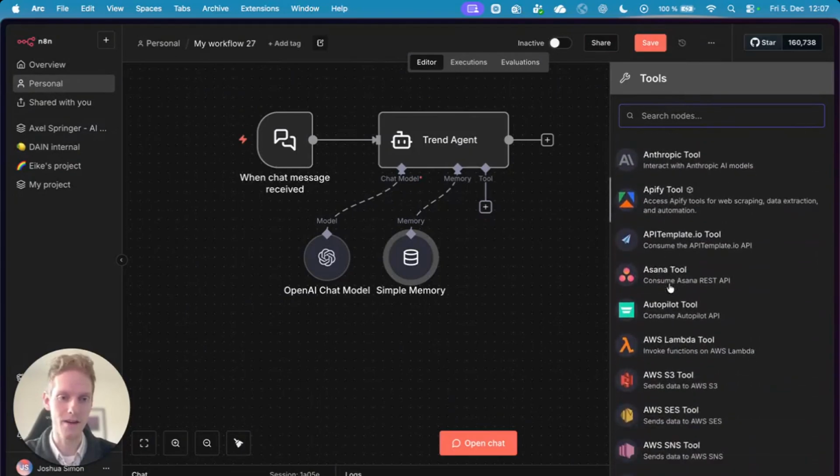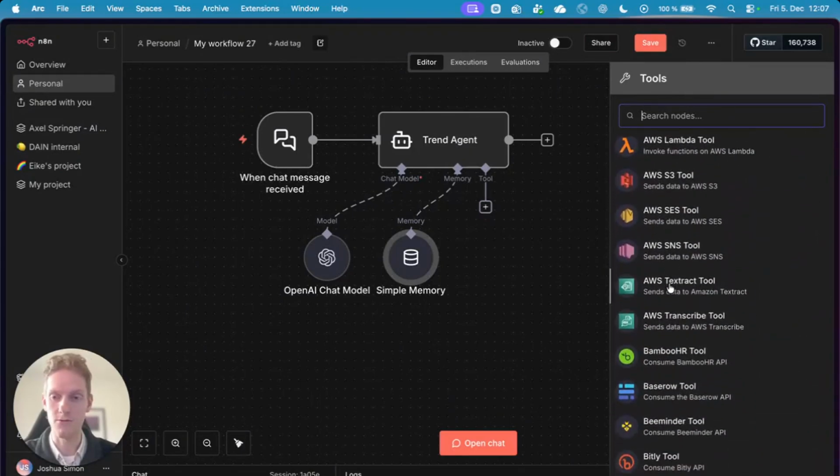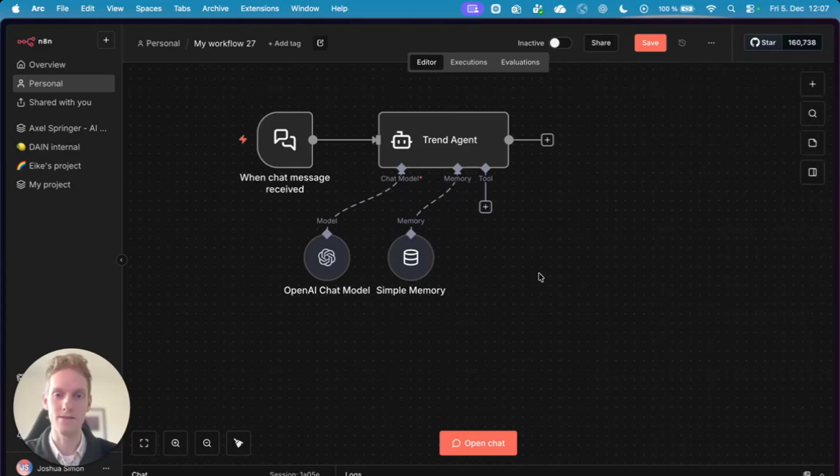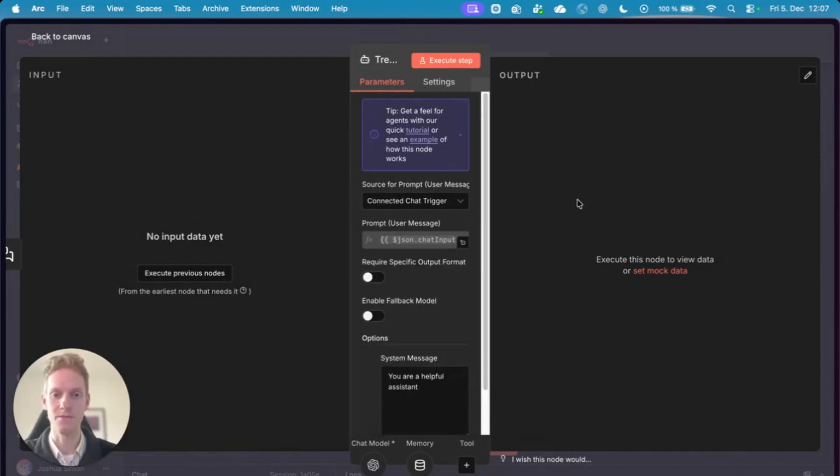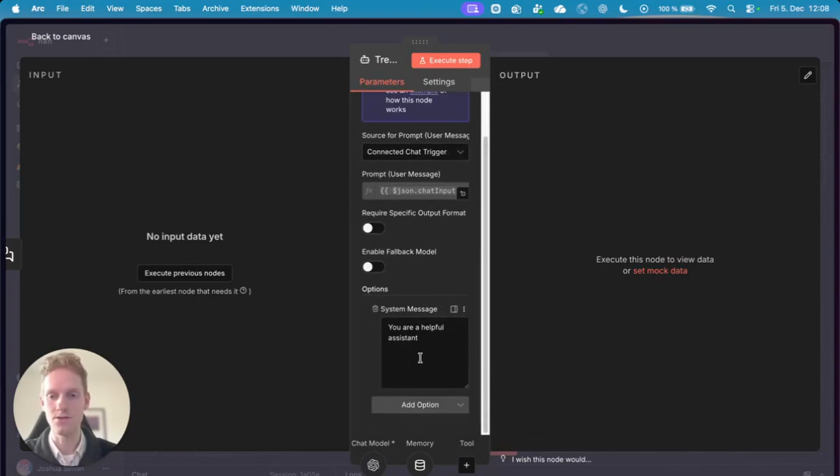And then we are again on the reasoning and also the guardrails. So we need to define how our agent acts. And for this, I'm going back to the agent, just double clicking on it. And what I want to do is add a new option here, which is called system message. And in this field, I want to paste in the instructions for the agent. So you can see there's already a default instruction that you are a helpful assistant, but that's not really true in our case, because what this agent should do is researching trends. So I would probably start writing out the prompt like,